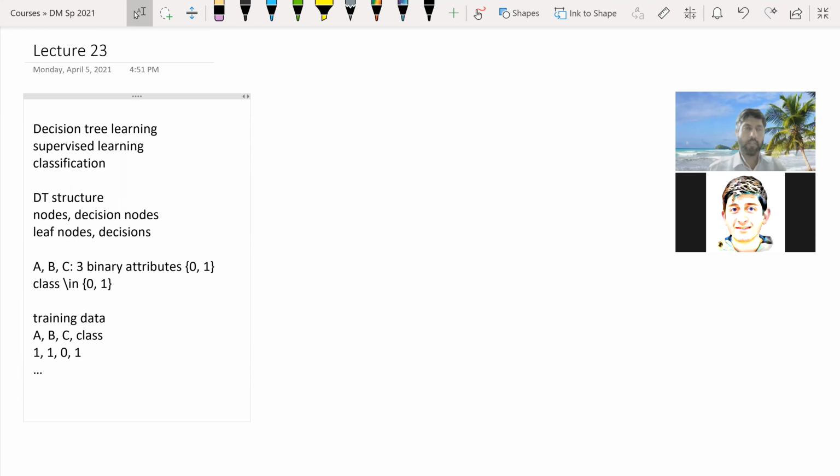So this data set is a training data set, meaning that you will use the data set to build a model, which in this case is a decision tree, which you can then later on use to make predictions. So last time we mentioned that the basic decision tree learning approach is, from a methodological perspective, information theoretic in nature. It uses concepts from information theory.